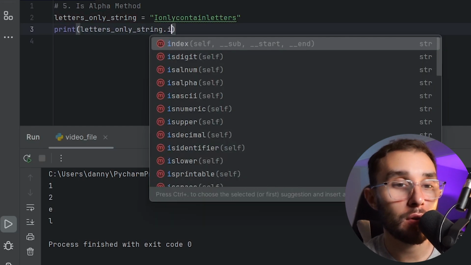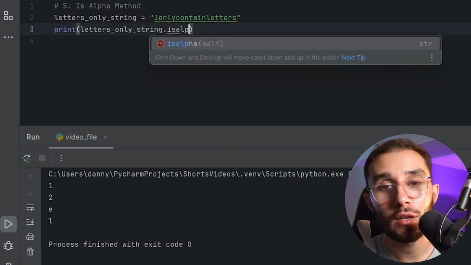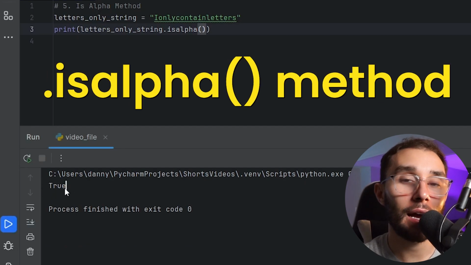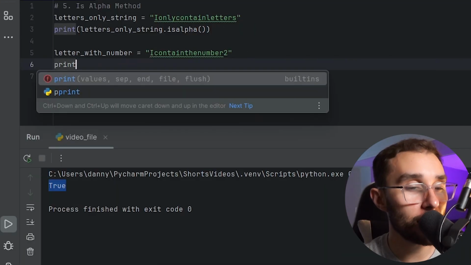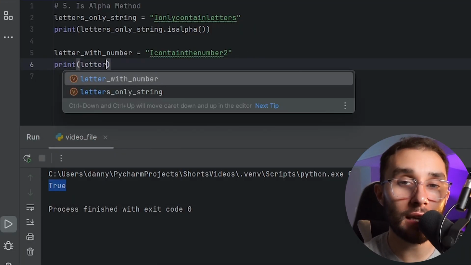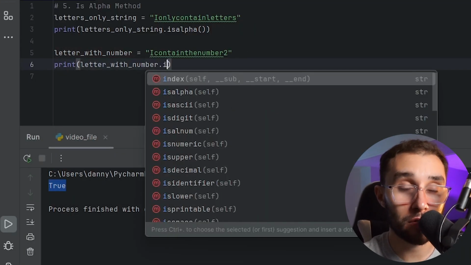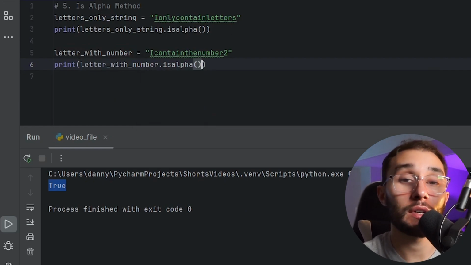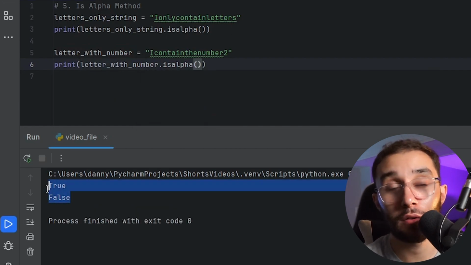Well, to assess whether or not a string contains numeric characters, I can go ahead and apply the .isAlpha method. Now, with this being a Boolean type of method, only 2 values can be returned. However, if even a single number is present within this string, you'll notice on your screen here in this example, it actually returns false. However, for strings that only contain alphabetic characters, it will return true. All right, now that was string method number 5, and we're about halfway done through this video covering string